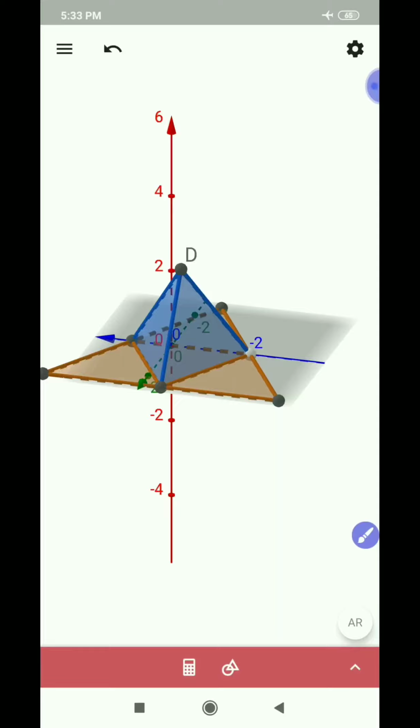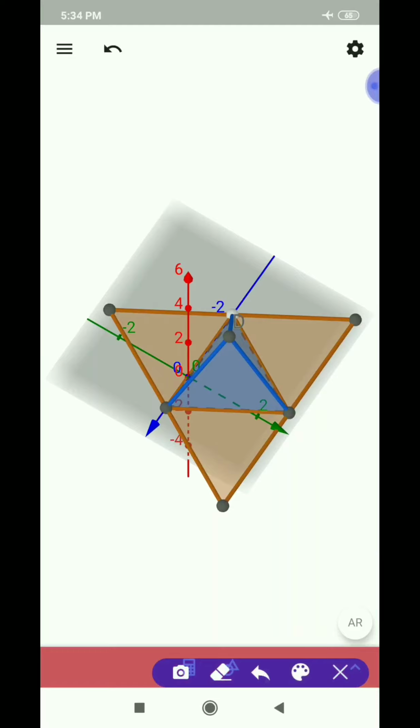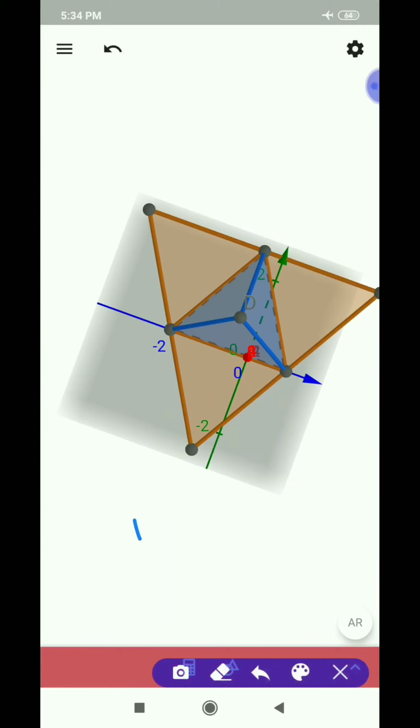Now, we already told you these three represent the lateral surface area. Let us find its area. Because it is in the shape of a triangle, its area is half into its base, that one, base into height. We already told you this height represents the slant height. So take it as, yes, slant height.